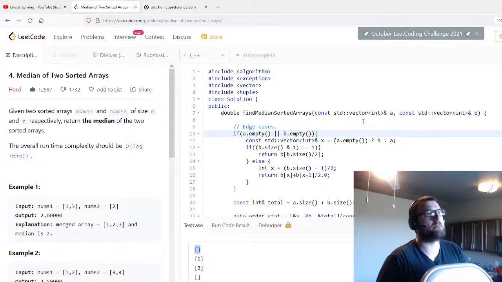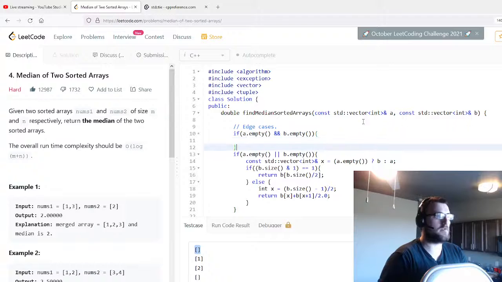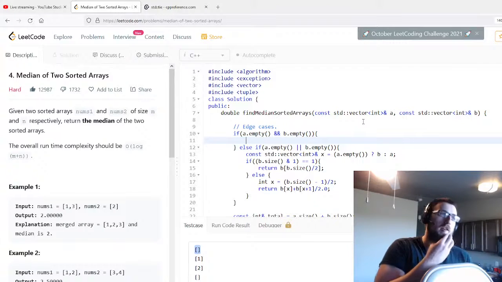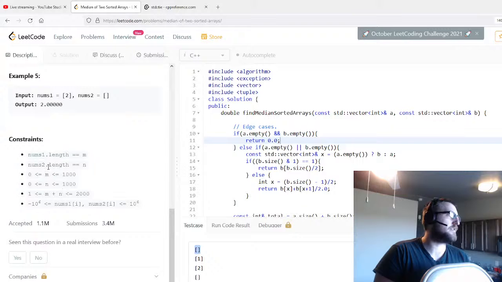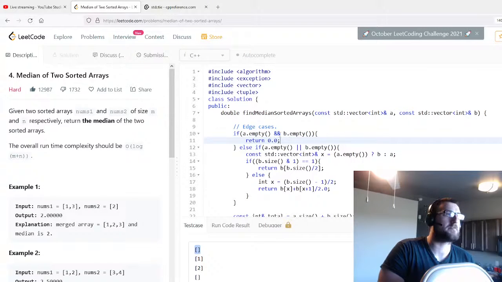Let me just say if A is empty and B is empty, and then if either of them are empty, so if they're both empty, then you just return 0, I think. I think they're not supposed to be empty, but I guess both can be empty. No, well, one of them is not empty. M plus n has got to be at least 1. Okay, so they're not both empty. But if one of them is empty,